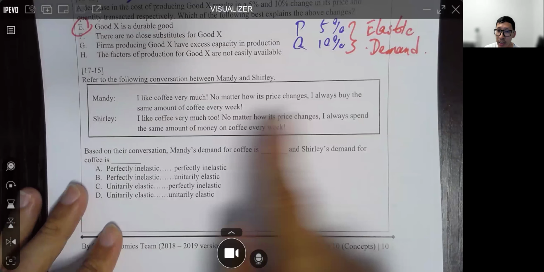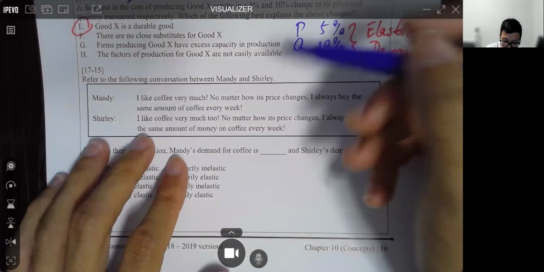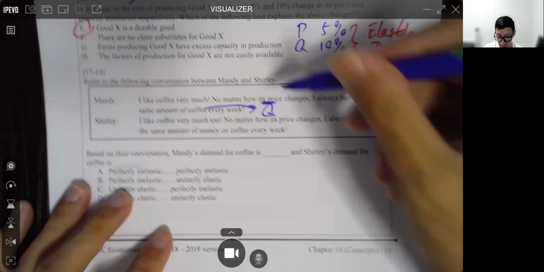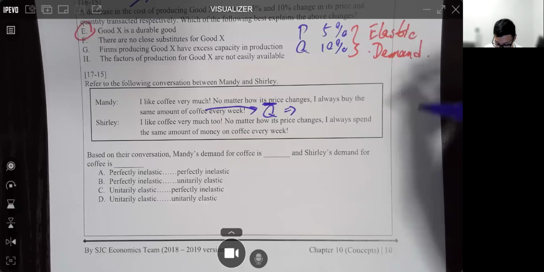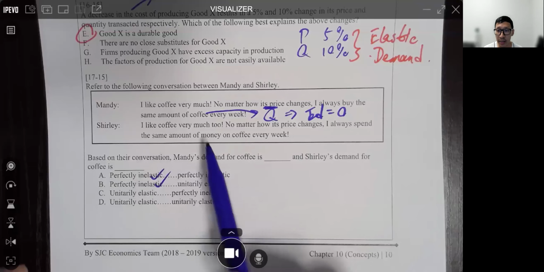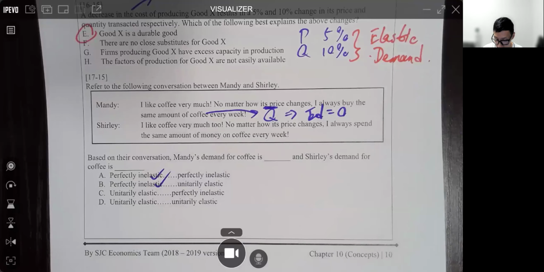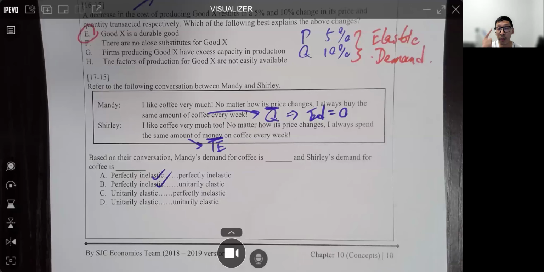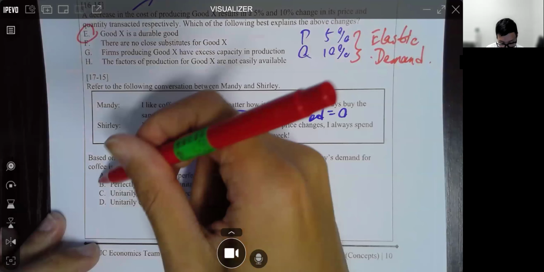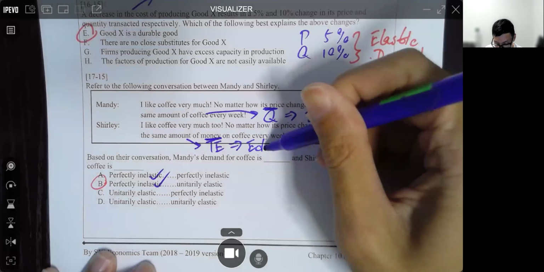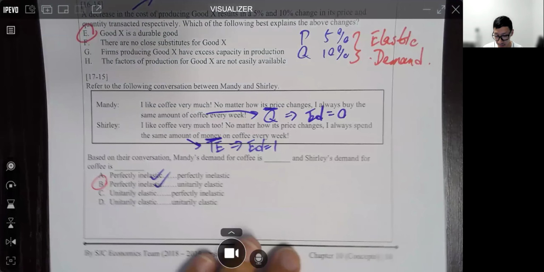Mandy and Shelly, OK？Mandy 講咩啊？I love coffee very much. No matter how price change, same amounts of coffee every week. 即係咩意思啊？This one quantity always remains unchanged. 好啦，既然 Q 變唔到啦，we call this ED exactly zero, perfectly inelastic. 跟住啦 Shirley says, okay, I will spend the same amount of money here. TE remains unchanged. 記唔記得啊？When will TE remains unchanged no matter how price change? Unitarily elastic. Answer B. Okay, 我哋知道啦 this one. ED equals to 1. Okay, 得唔得？